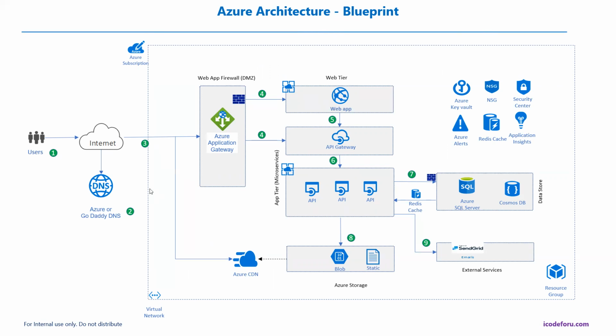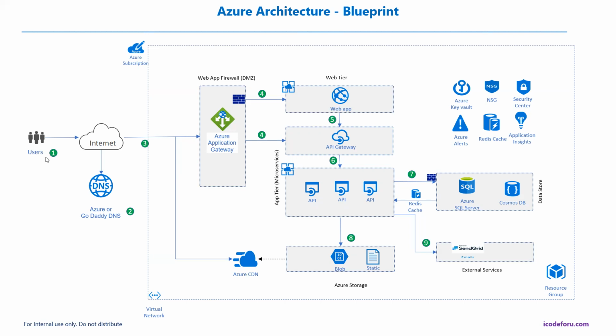At a very high level, I need DNS. I need the application gateway. I'm going to use the app service environment, API management, and then SQL Server, and also Cosmos DB and blob storage, along with the virtual network, subscriptions, and resource group. So these are my high-level Azure resources I'm going to create as part of this series. So let's try to understand and join these services together to make a high-level architecture.